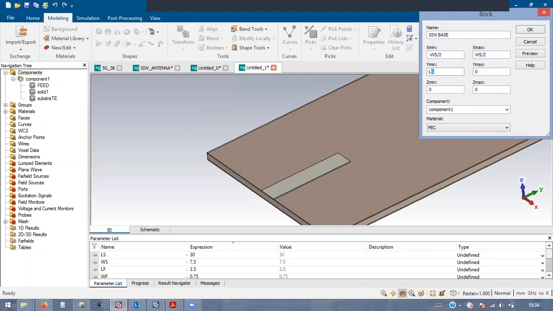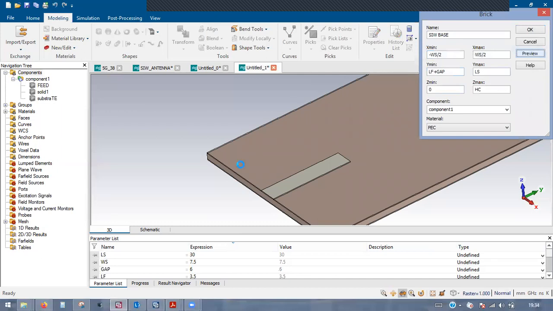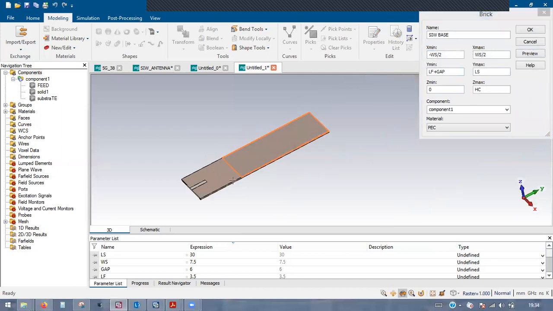It is started from the length of the feed plus one gap, to the length of the substrate. Height will be the height of the conductor. Click on the preview. Gap is 0.6 mm. Now you can see it is perfectly done. Then click on the OK.